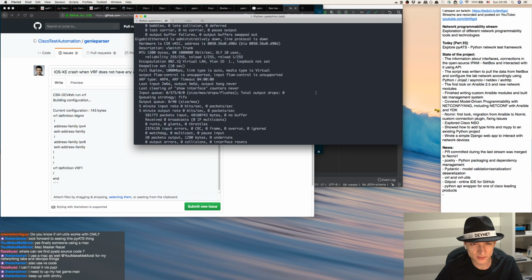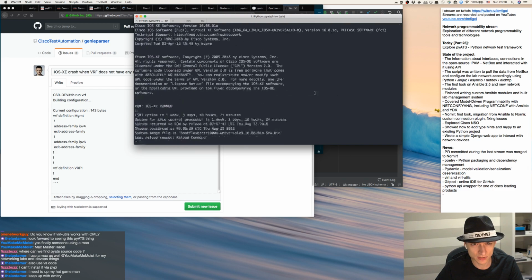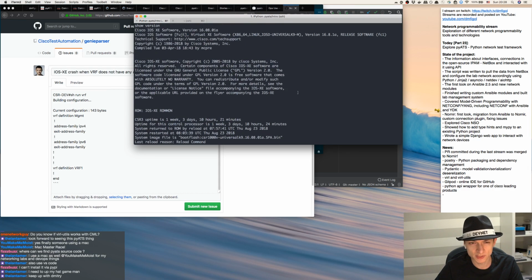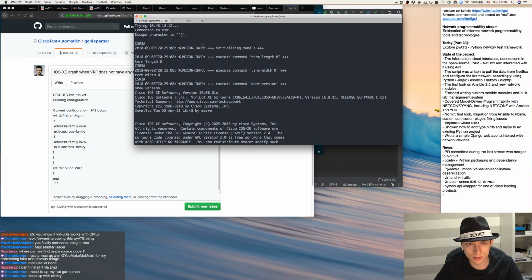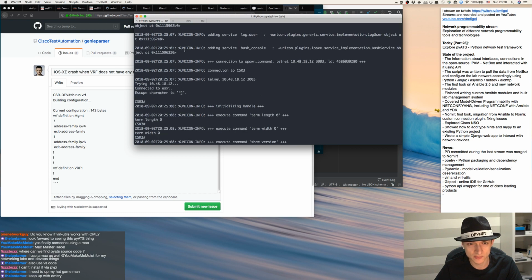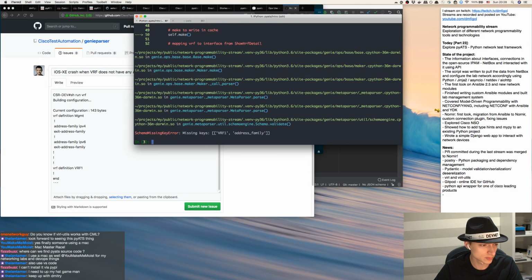I'm actually very interested in this Genie parser thing. It was recommended to me as kind of like a replacement for the TextFSM, and I'm very curious what is the format, what is the language used there. So